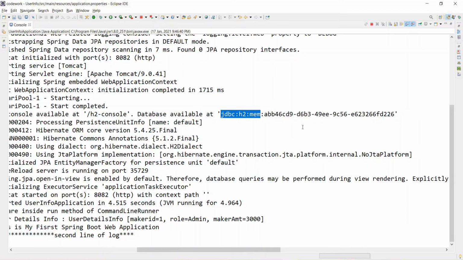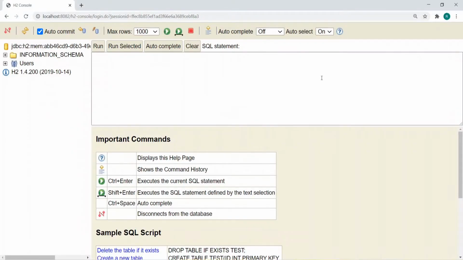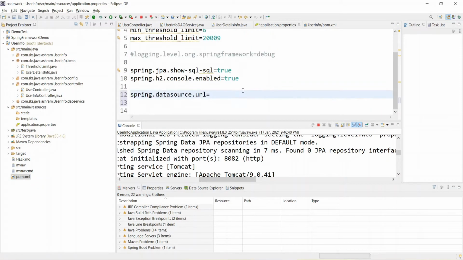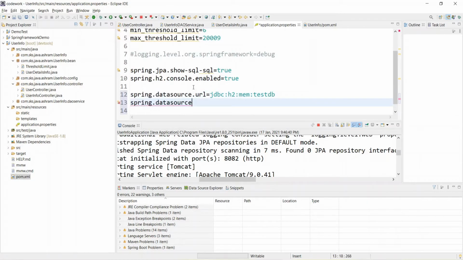So let's take this, copy it with Control C, go to the code, and paste it, and instead of this let's put testdb. This will be your data source URL. I am changing it. And another configuration you can do: